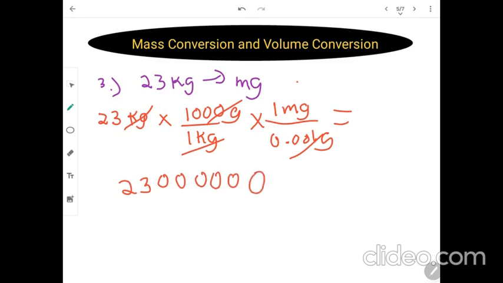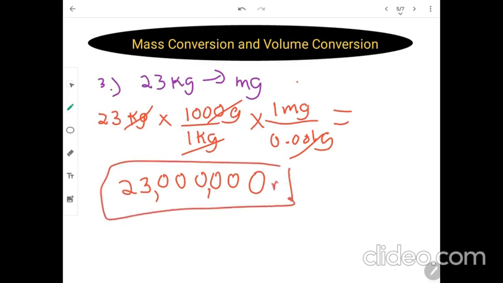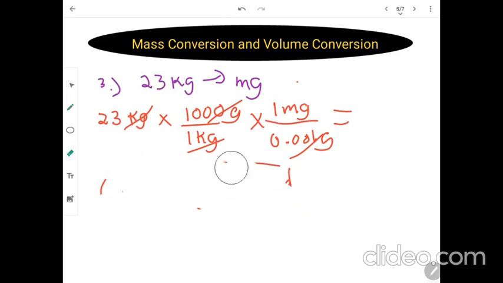Baka nagkamali ako. 1, 2, 3. Then we have here 0, 0, 0, 0, 0, 0. Okay? So here's our value now, and the unit here is milligrams. Okay? So now let's consider